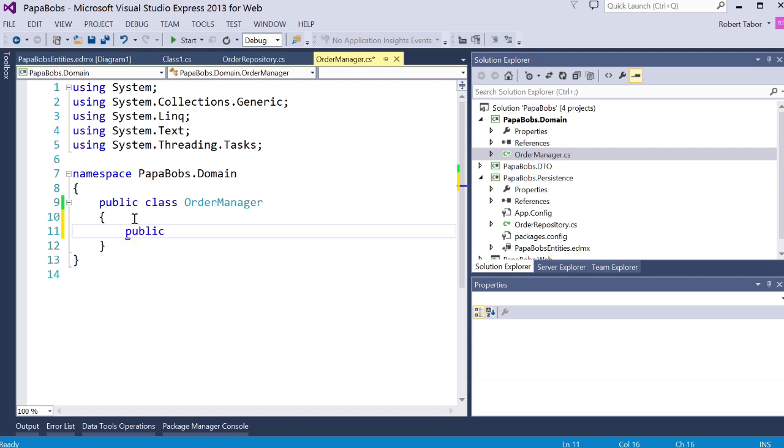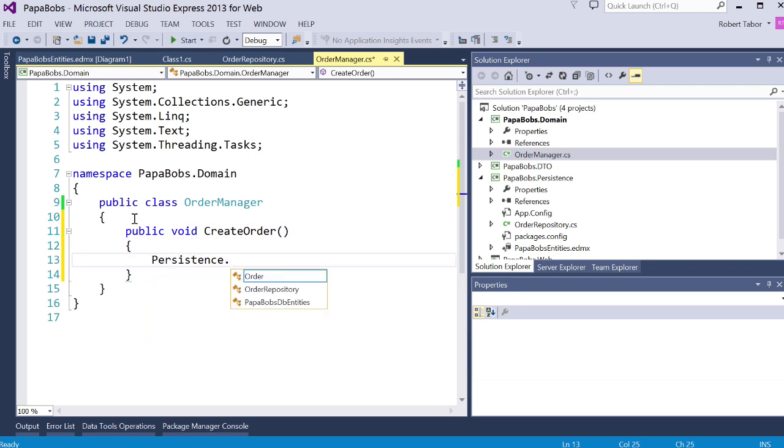So we'll go public void create order, and all I'm going to do here is just call persistence.order repository.create order, like so. Okay. That should work. And then finally, I'm going to call that from